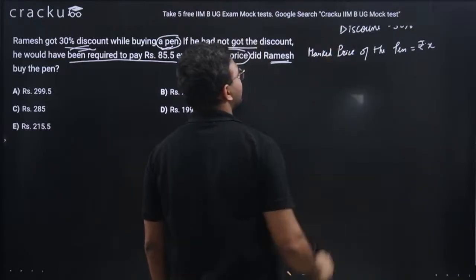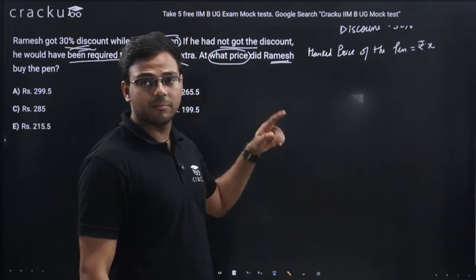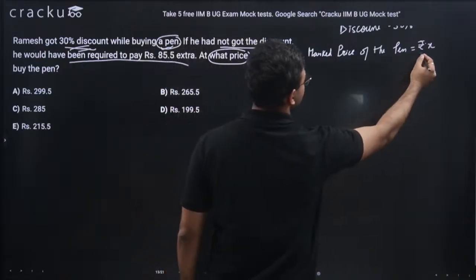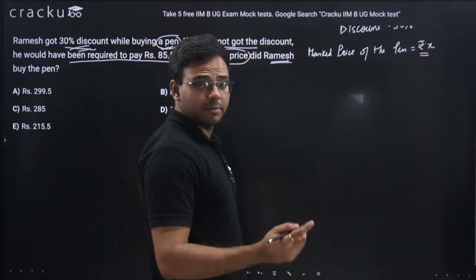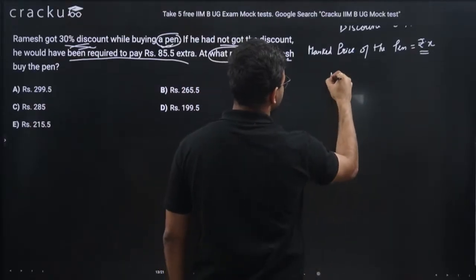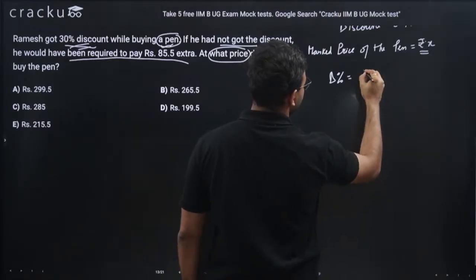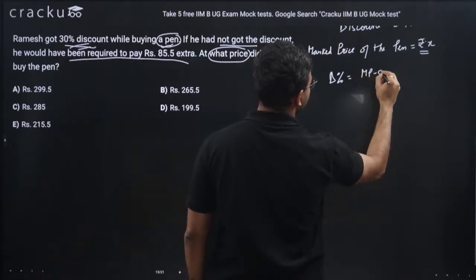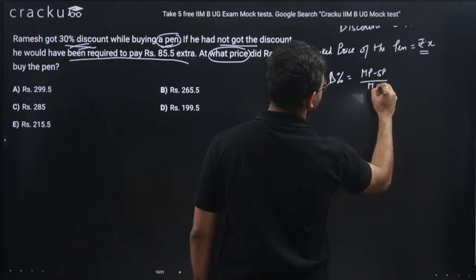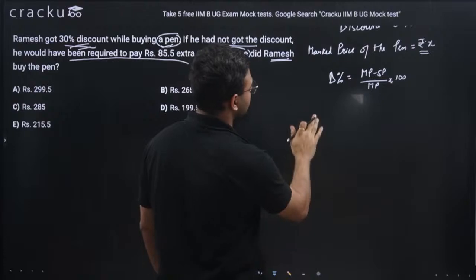This is basically the mark price because he's getting 30% discount. Discount means reduction in the mark price. So I'm assuming this as X. So the selling price of the item, if I apply the formula, discount percentage is equal to mark price minus selling price divided by mark price into 100. If I apply this formula,